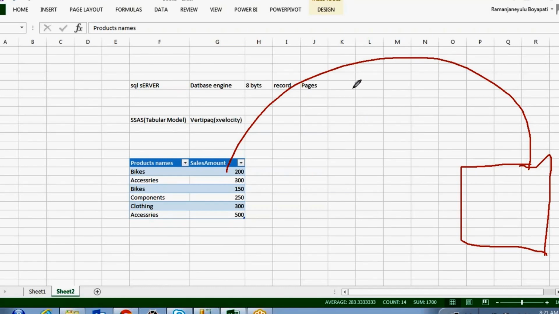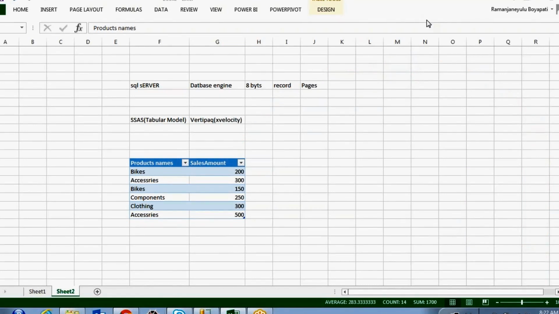I am going to import the data into memory. So in that situation, how does the VertiPaq engine process this data, and how does it store the data in your tabular model?